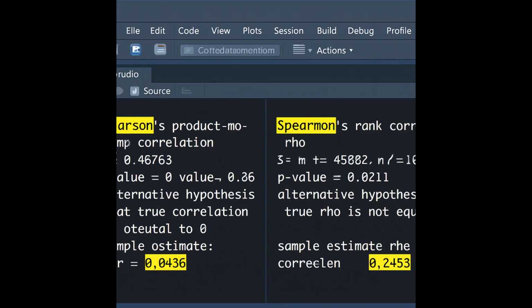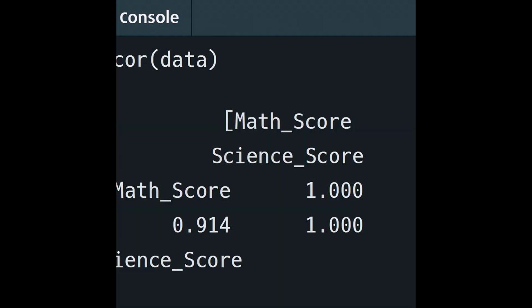In addition to the Pearson correlation coefficient, there is also the Spearman method, which is useful for ranked or nonlinear data. Comparing the results from both methods is a good practice. If you have multiple variables, you can create a correlation matrix by passing the entire data frame to the cor